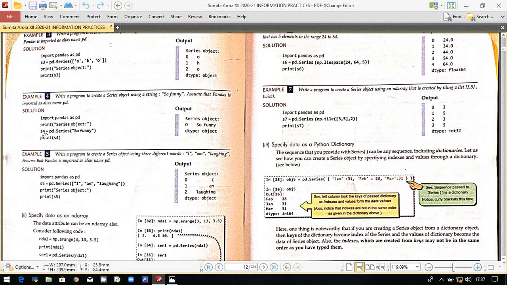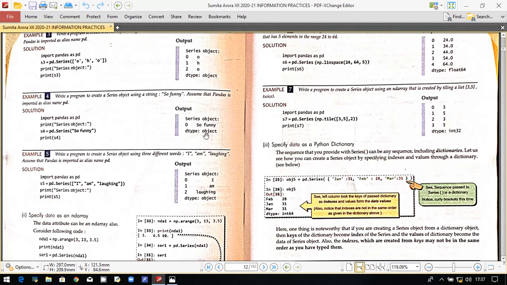So we write s4 is equal to pd.Series, and in brackets we pass 'so funny'. Be aware that whenever we use a string, it should be in single quotes or double quotes. Here it is enclosed in double quotes. When we print this series object s4, we get the output here.